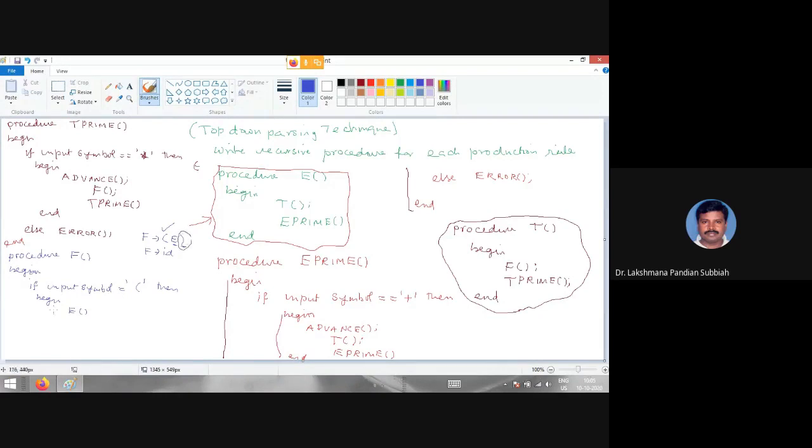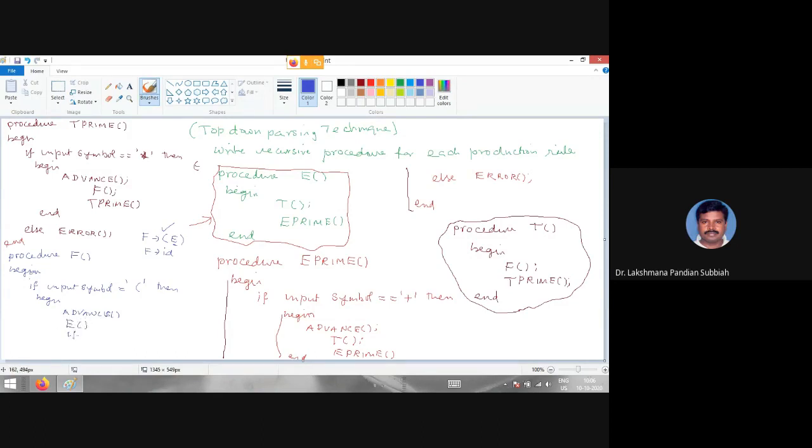So you have to check that one, right? Before that, you have to do advance. One minute. So we are having that input symbol. So here you have to call advance and then call the procedure for E.